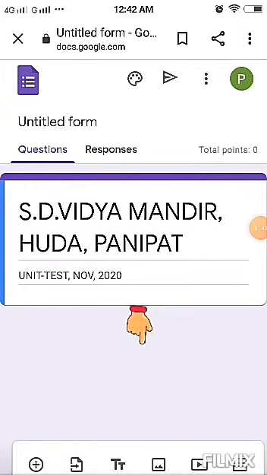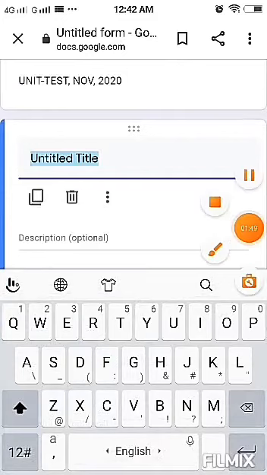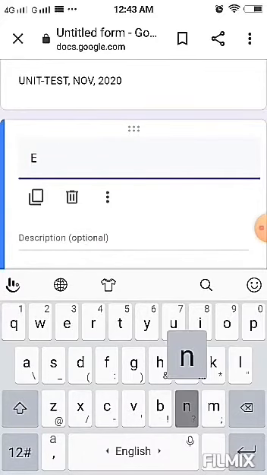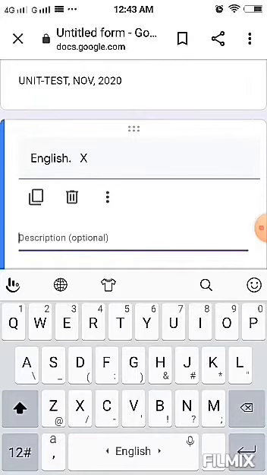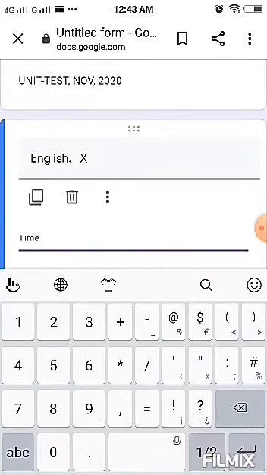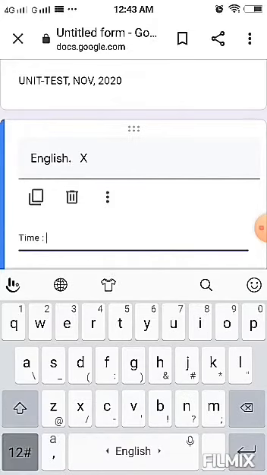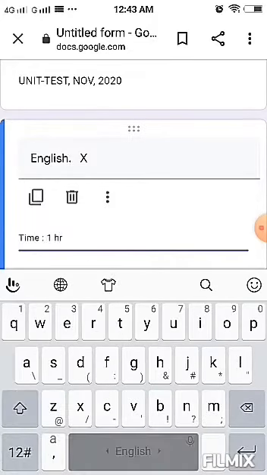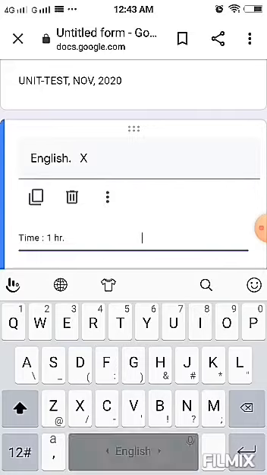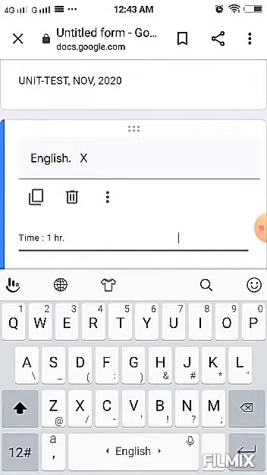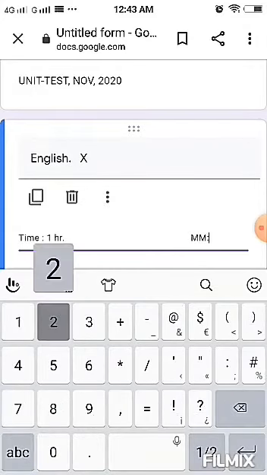See the third option, TT, click over it and write here the title of the paper, like the name of the subject, English, class 10th, and in the description section write time, one hour. Give some spaces and write maximum marks 25.